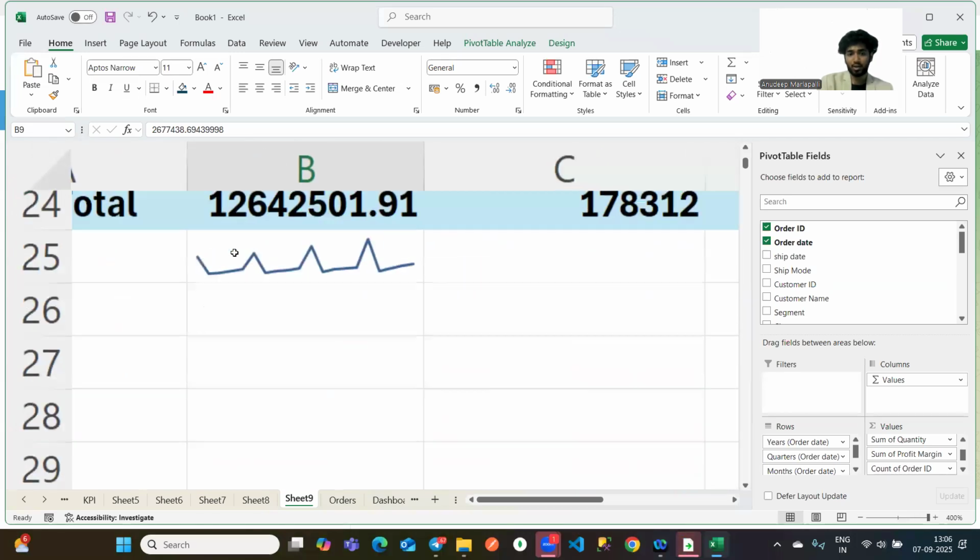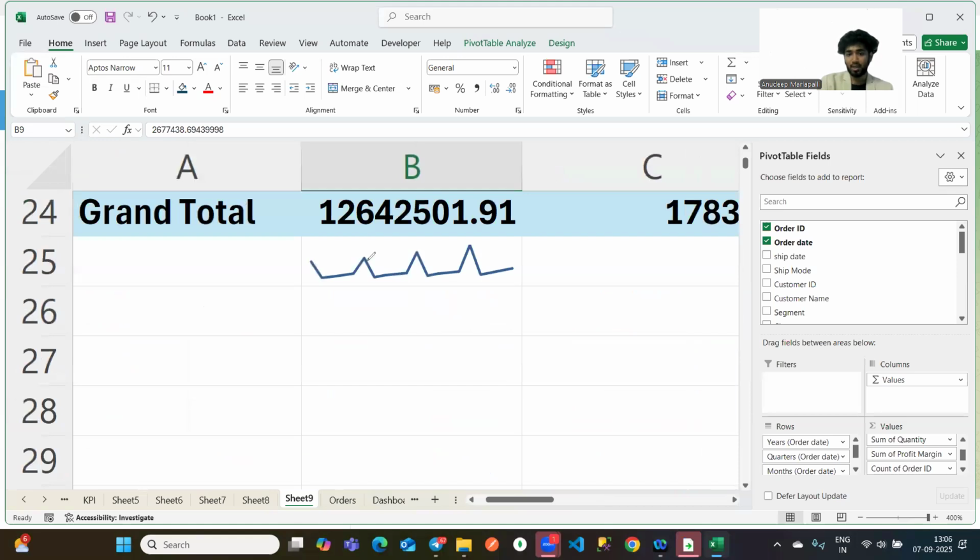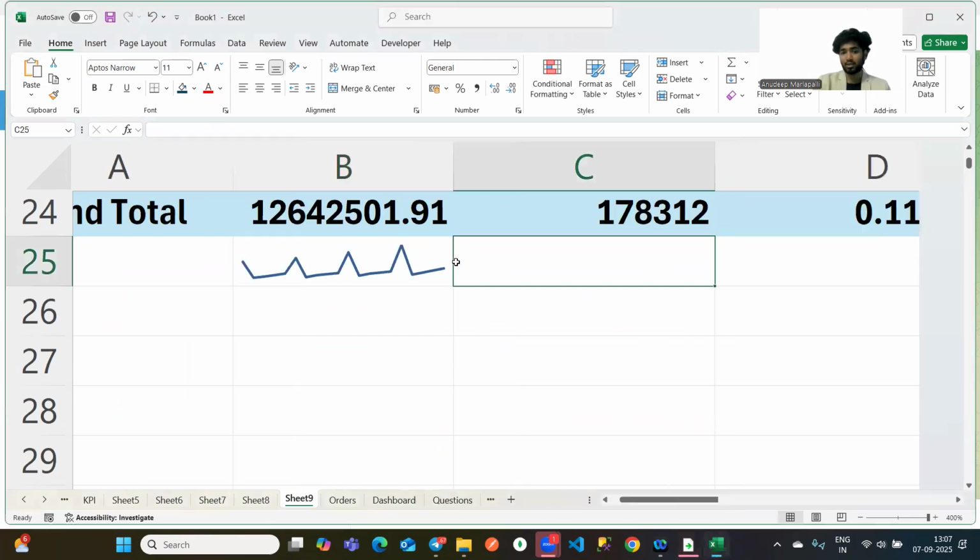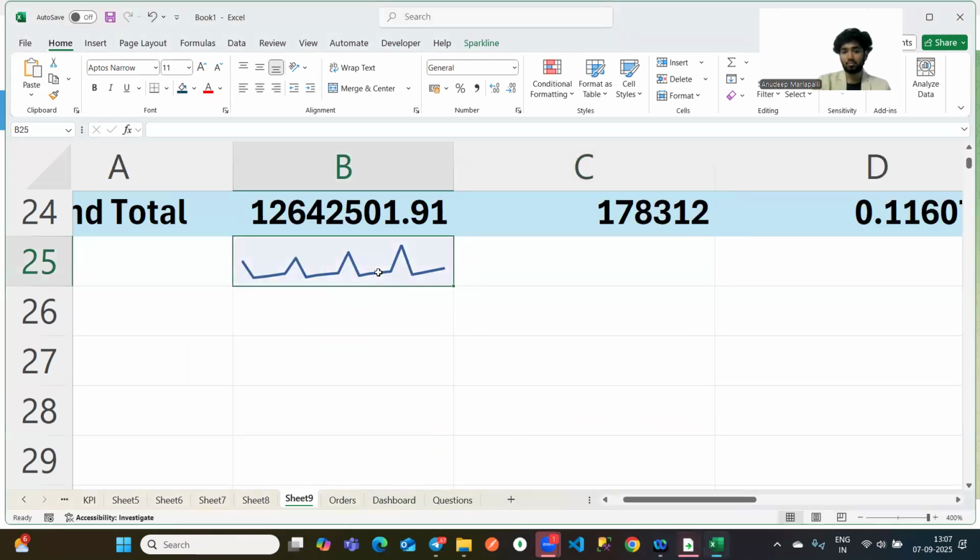So now what do we understand? If you notice, the peak is increasing for every year. This is the peak of 2019, 2020. 2021, did you see the peak has increased? In 2022, again the peak has increased, right? Every year. Now this sparkline is telling me every year the sales is increasing. Okay. So now if you want to create some other sparkline, so here,